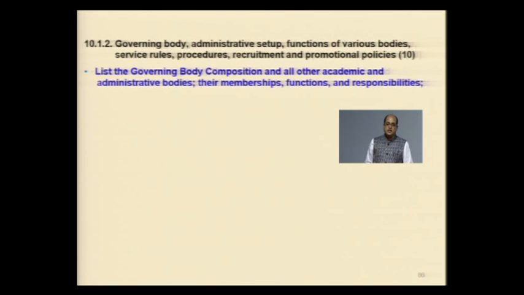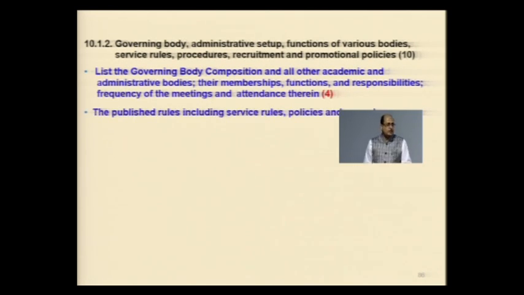So list the governing body composition. The governing body is defined by the AICTE. As per the AICTE governing body composition, a program can have a maximum of 11 to 21 members. So whether they are able to follow those guidelines. In case of other sets of institutions, the ministry and the UGC have the GB composition defined.